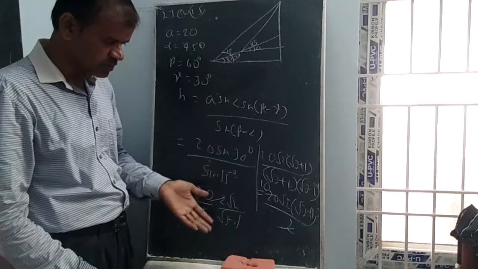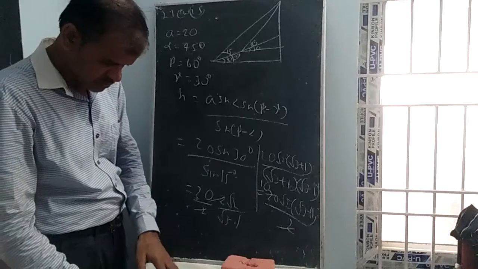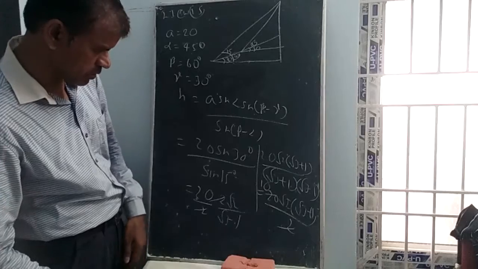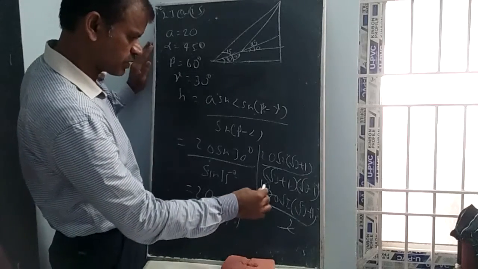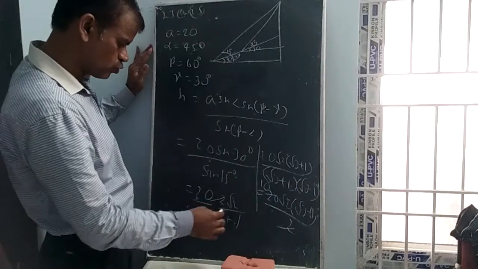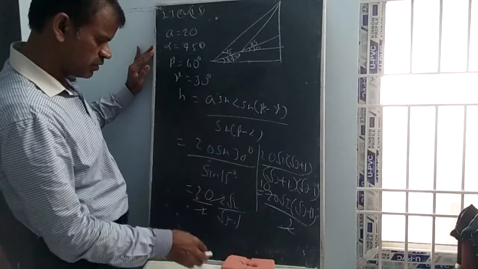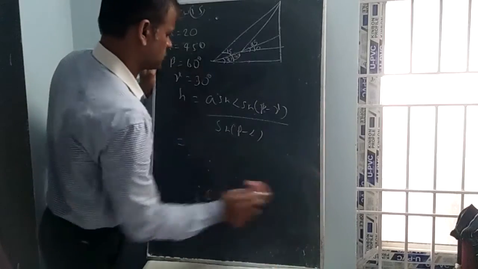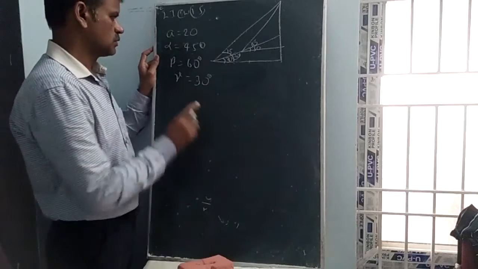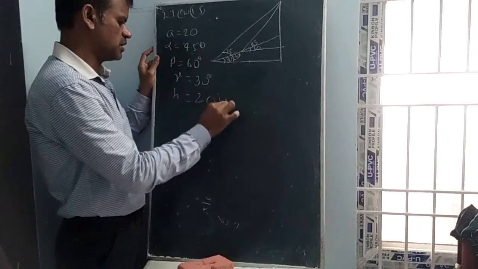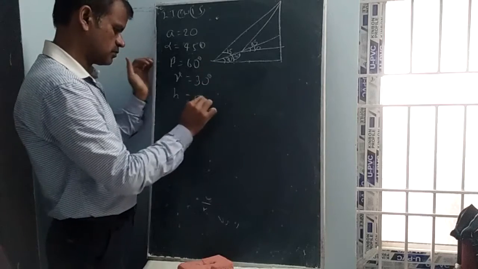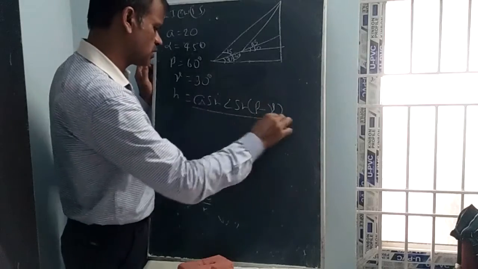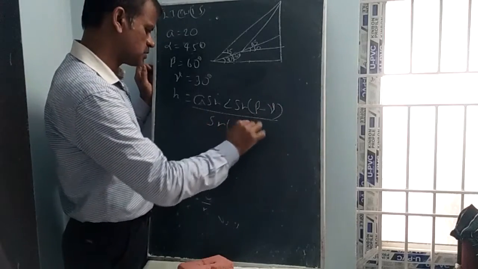Given as 20 into root 3 plus 1. Just let us see the question. 15th question, first option is given 10 into root 3 plus 1. He got 2 root 2. Just I forgot to write here, sin 15 value 2 root 2 by. Yes, I have written 20 into sin 30. Yes, sin alpha I forgot. Okay, apply the formula: A sin alpha into sin of beta minus gamma by sin of beta minus alpha.